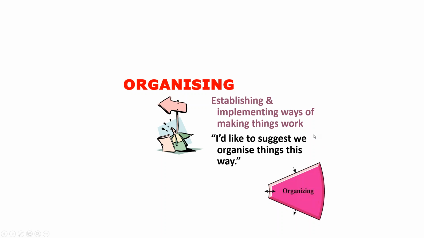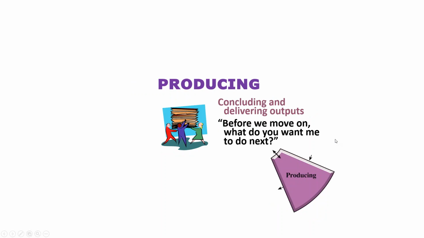Now, once we've got the information, we've thought about how we're going to put an idea down. We're going to learn how to promote what we need to do. We've developed the idea so that it becomes practical, and we've organised some steps forward. You can imagine that the next step is actually producing results. And producing results is very much around concluding and delivering tangible evidence or tangible things.